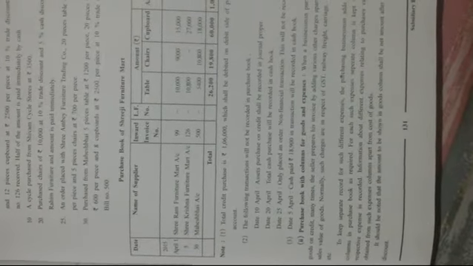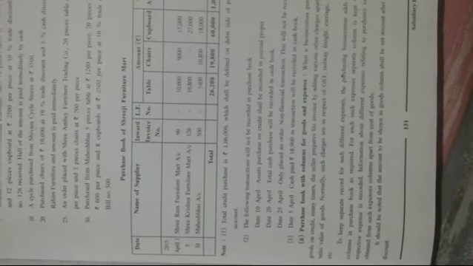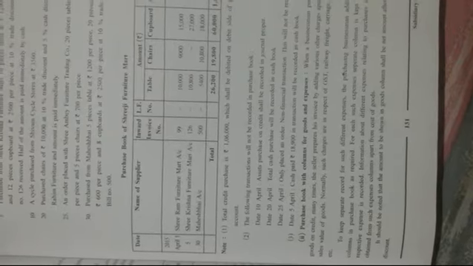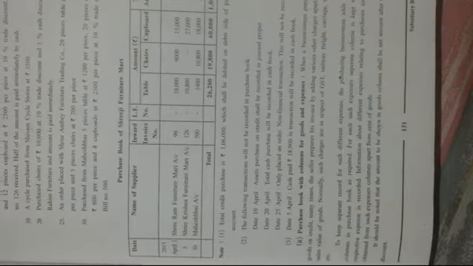So, in short, we can say that purchase book with columns for goods and expenses means, as you all know, that whenever a businessman purchases goods on credit, many times the seller who is going to give those goods to the businessman prepares his invoice by adding various other charges or expenses, such as the sales value of goods and other charges such as GST, railway freight, carriage, wages, etc.